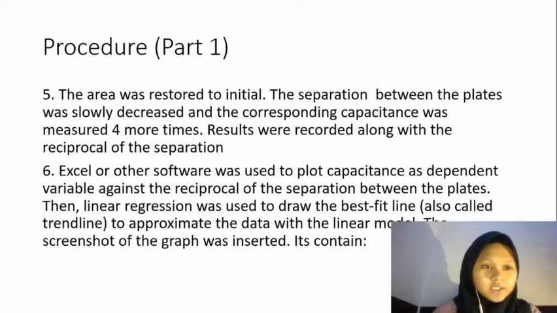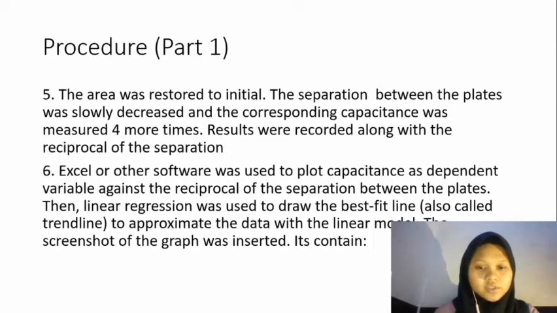The procedure in number 5 is the area was restored to initial. The separation between the plates was slowly decreased, and the corresponding capacitance was measured 4 more times. Results were recorded along with the reciprocal of the separation. And the procedure number 6 is Excel or